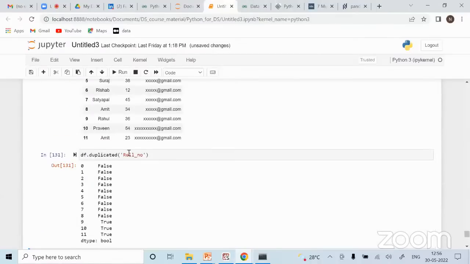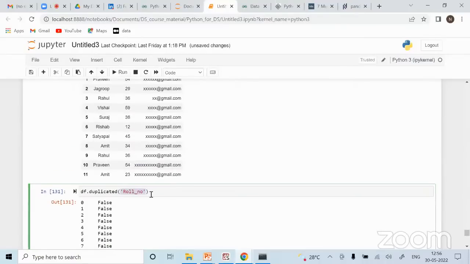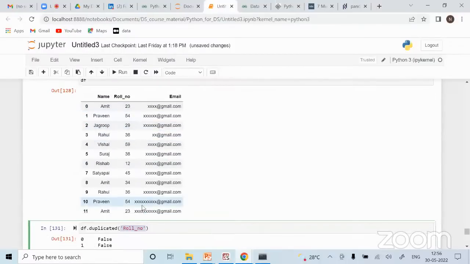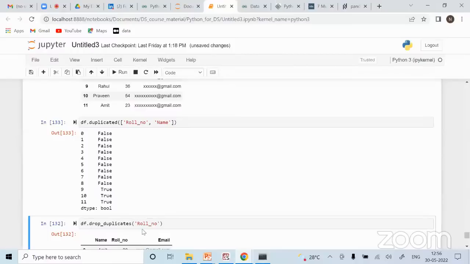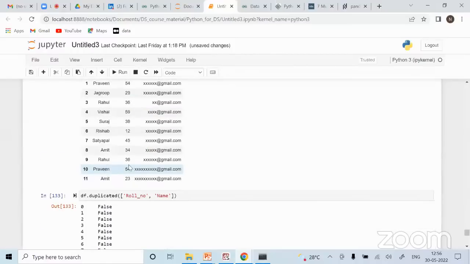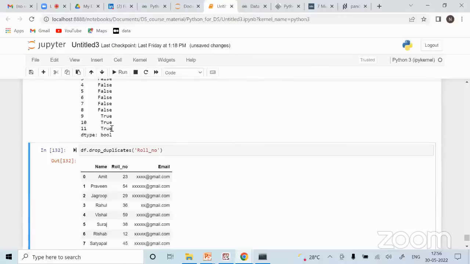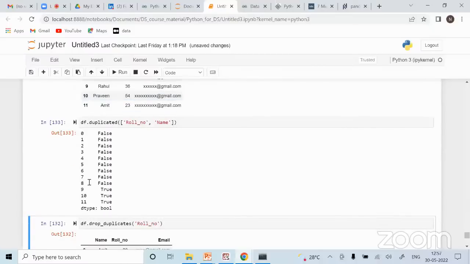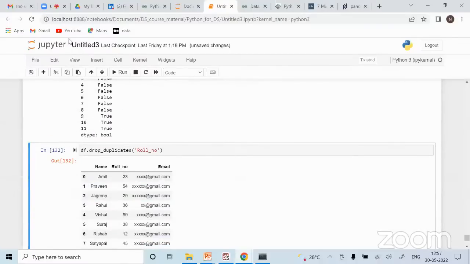So always remember, if you are not giving any column name over here, then it will simply check all the columns, and if all the columns are the same, then only it will drop, otherwise not. And let's say if you want to check for a particular column or set of columns, you can just simply give this and give multiple columns also. So let's say roll number and name also you want to remove. कौन से ऐसे records हैं जहां पर name and roll number दोनों सेम है? So actually it is those three only. That's why it is showing. Otherwise, if there are others, it could have shown that also. Okay, so you can drop like that.